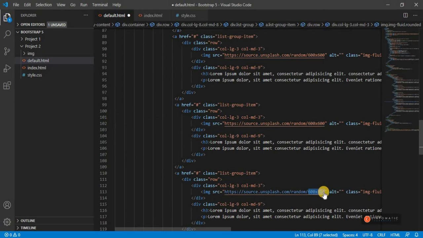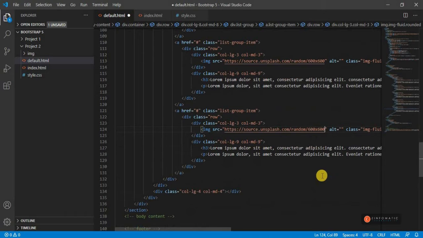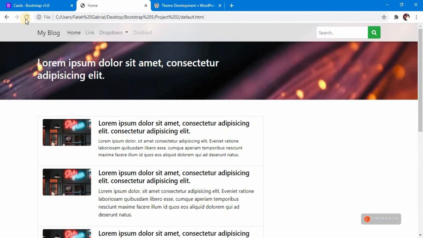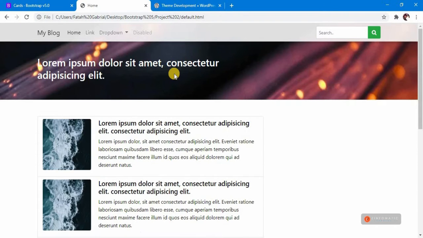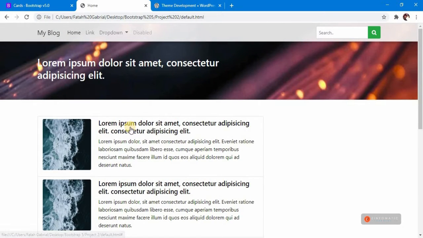I'm just going to paste it over here. Let's paste this one and this one. Save this and let's get back to the browser. Let's hit refresh. Okay, so that looks much better now, and we can actually customize this a little bit